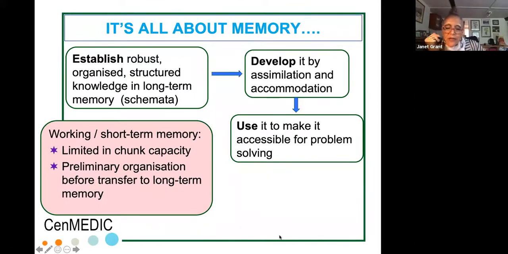And this is important because you need to know about memory, because I look at some curricula and I think, oh no, this curriculum simply floods short-term memory and it will never enable people to move organized knowledge into long-term memory. Short-term memory is very limited. If you make students run around finding answers to things, that's their short-term memory used up. It won't have time to get things organized and transferred into long-term memory.